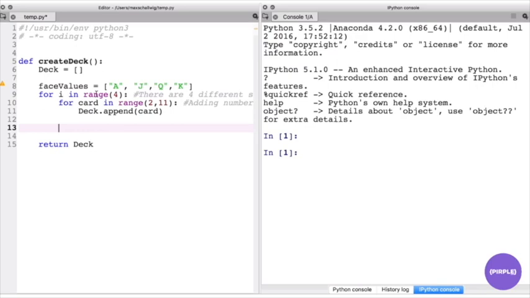So what we're going to do now here is for card, and we're just going to use the same temporary variable. So we're going to use card to represent the numbers 2 through 10, and we're also going to use card to represent these face values, because it's just a good name for the variable. So for card in our face values, so we're going to go through this, and if we have a colon here, so if we remember what this does is our temporary variable, which in this case is card, goes through